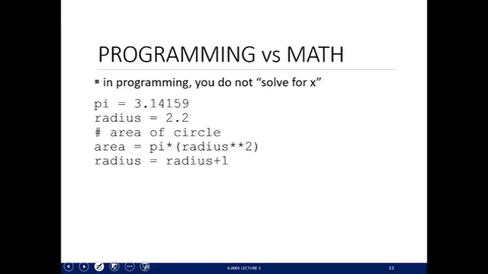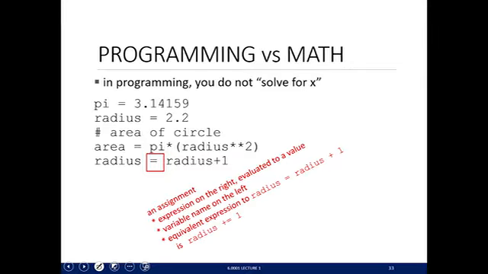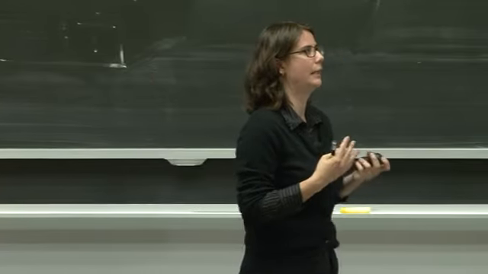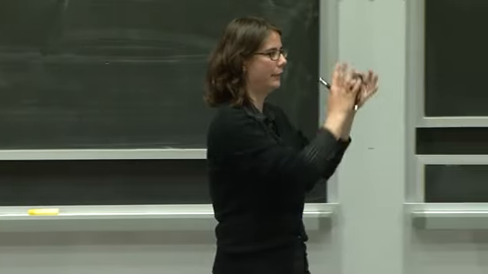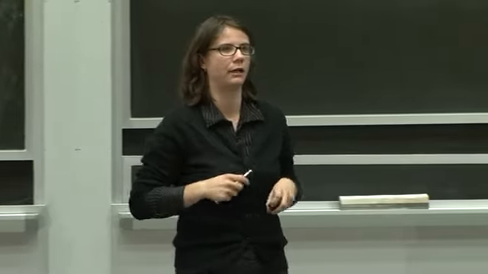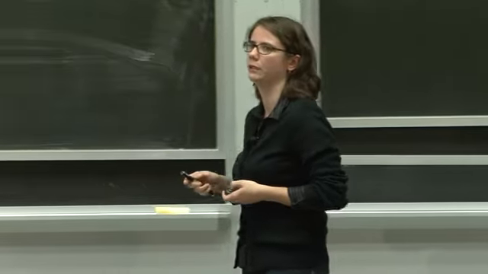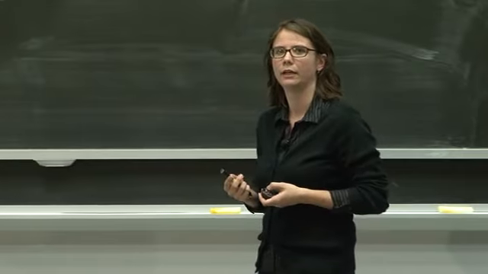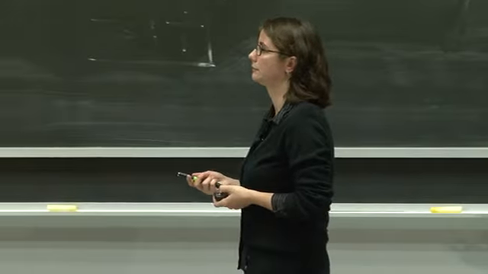So that means always in programming, the right-hand side is going to be an expression. It's something that's going to be evaluated to a value. And the left-hand side is always a variable. So it's going to be an assignment. The equal sign is not like in math, where you can have a lot of things to the left and a lot of things to the right of the equal sign. There's only one thing to the left of the equal sign, and that's going to be a variable. And the equal sign stands for an assignment.